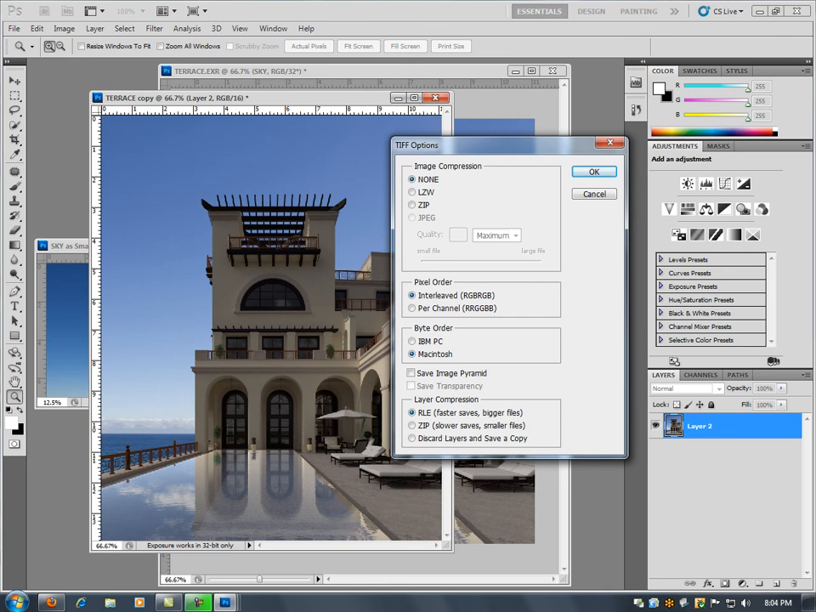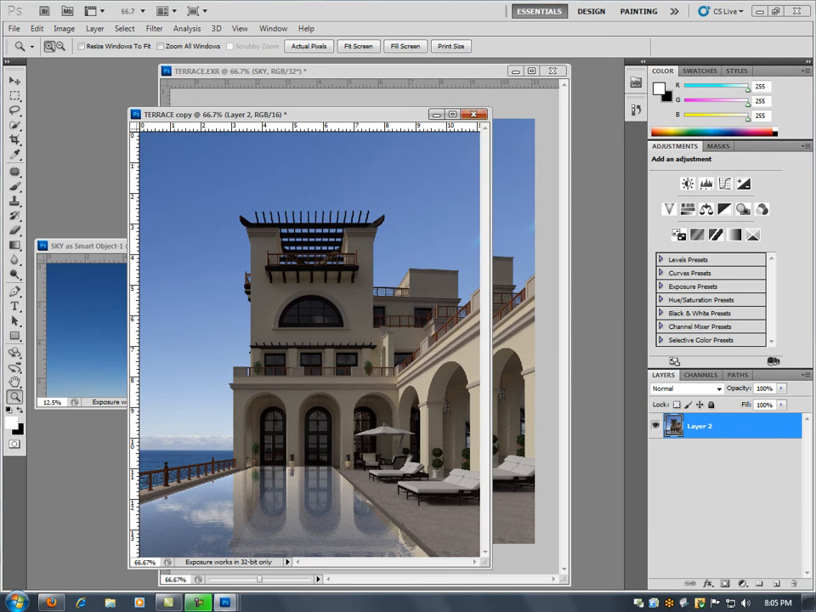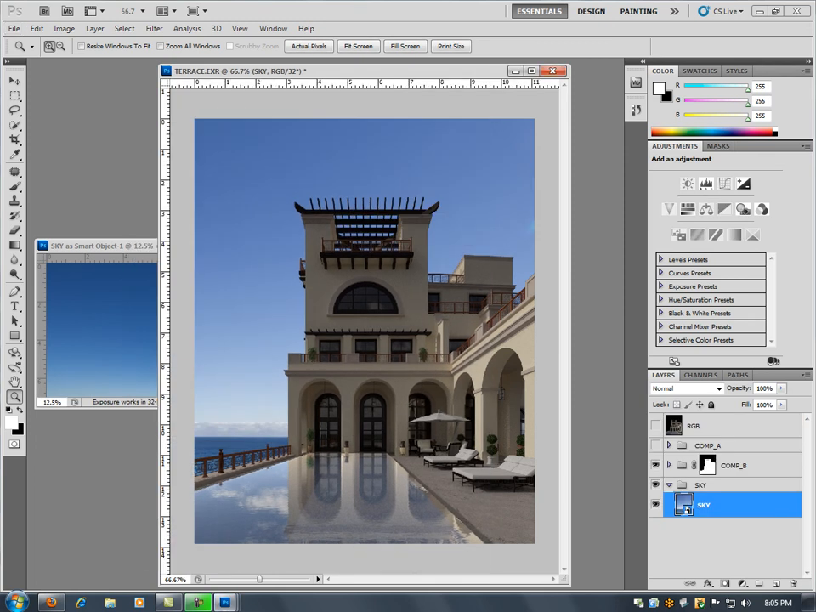And that should be all good. I'm going to go ahead and discard all the layers. We don't need that. And I'm on a PC, so great. Now I've saved out my image, and what I'm going to do here is go to